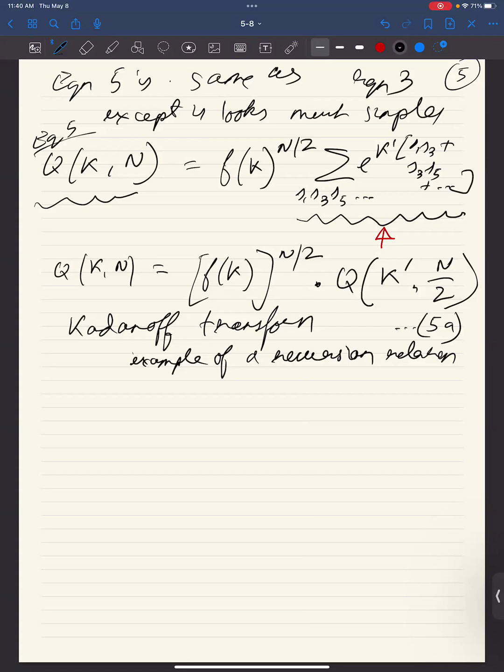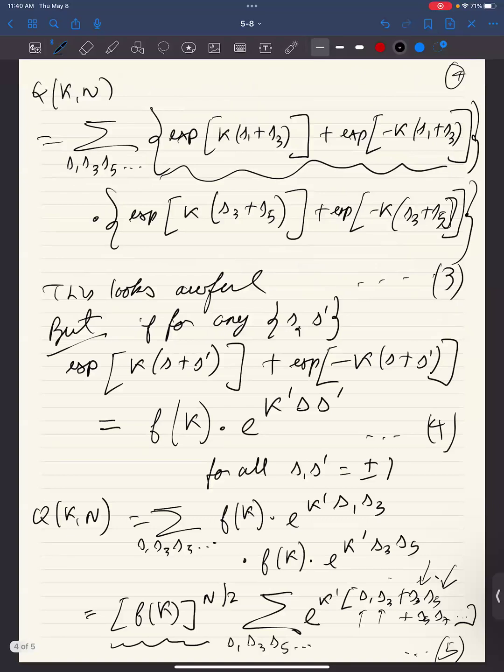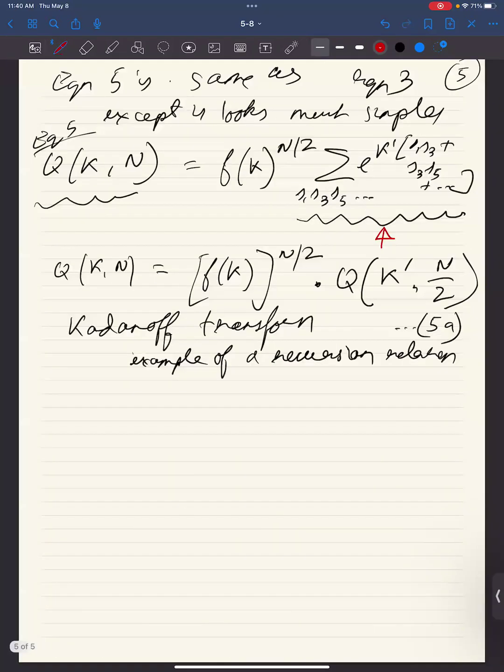So this might be useful, and I will show you why. But for this to happen, we rely on equation 4 to be true, only if we could write down something in the form of equation 4. So let's look at equation 4 more carefully and see whether it is even possible. So equation 4 was